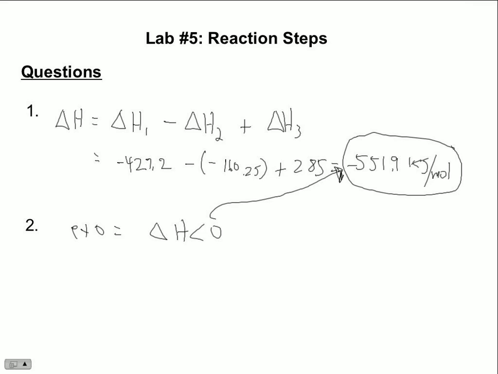Moving on to number 3. It says, is the entropy. Now remember, whenever they use this word entropy, they're talking about disorder. And we've been talking about that as messy. And the symbol they're looking for is delta S. Okay, it says, is the entropy change for this reaction positive or negative? Delta S is going to be greater than 0 or positive because